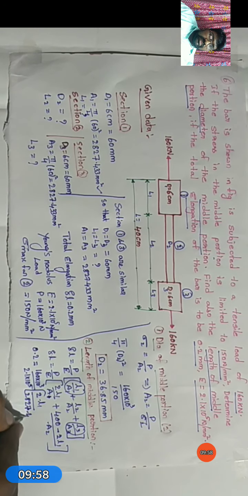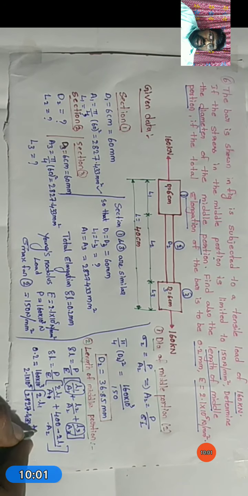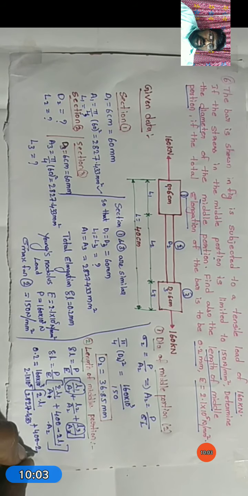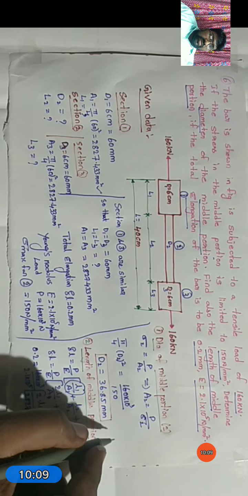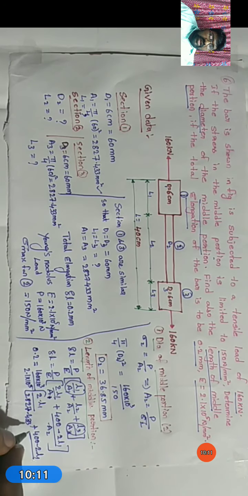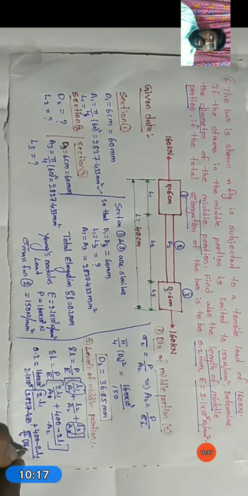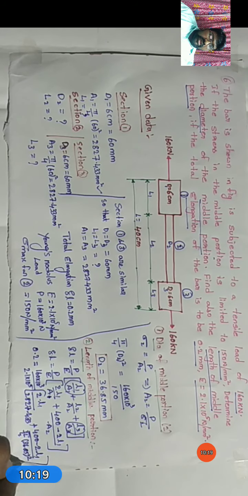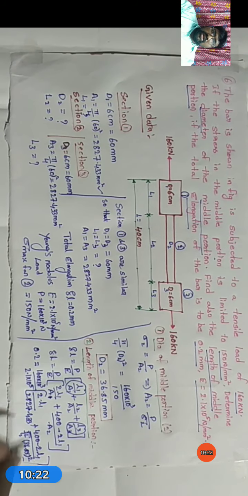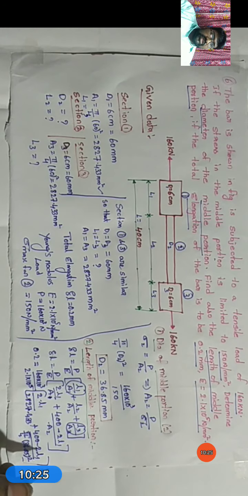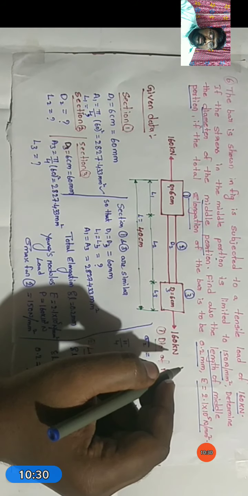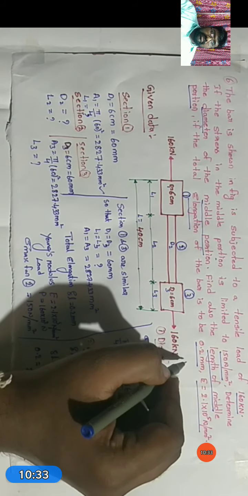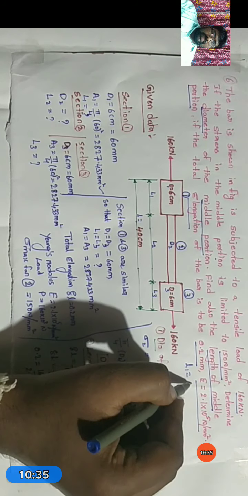Next, 400 minus 2 L1 by A2. Using this diameter, A2 is pi by 4 into 36.85 whole square. By simplifying this equation, we can calculate the length of the first section, that is L1. We got L1 as